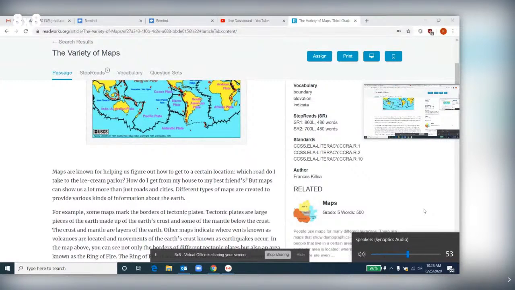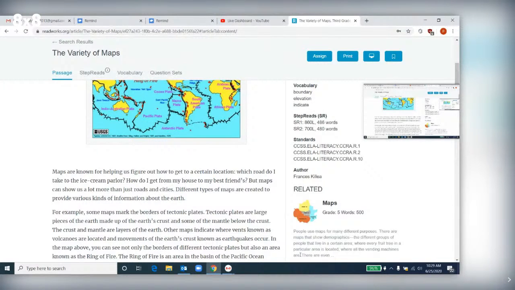Okay, good morning, everyone. This is reading today. I posted this in the Google Classroom yesterday. If you didn't get a chance to read it, that's okay. We can do it together now. What this exercise is, it's about a map, and we'll just go ahead and read this together, and then we'll